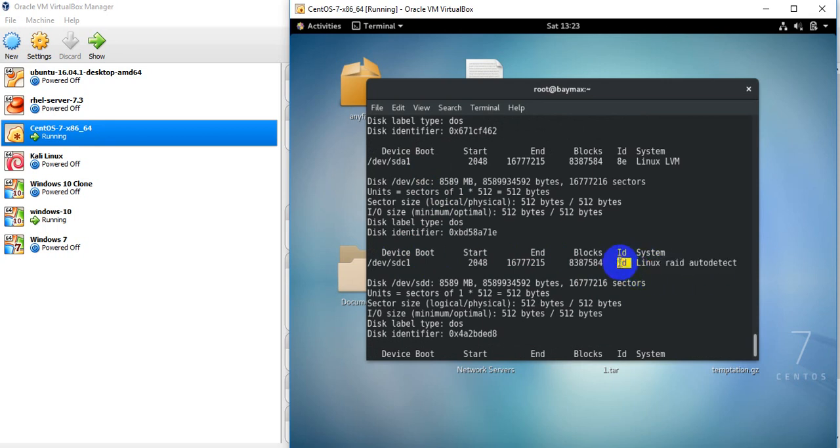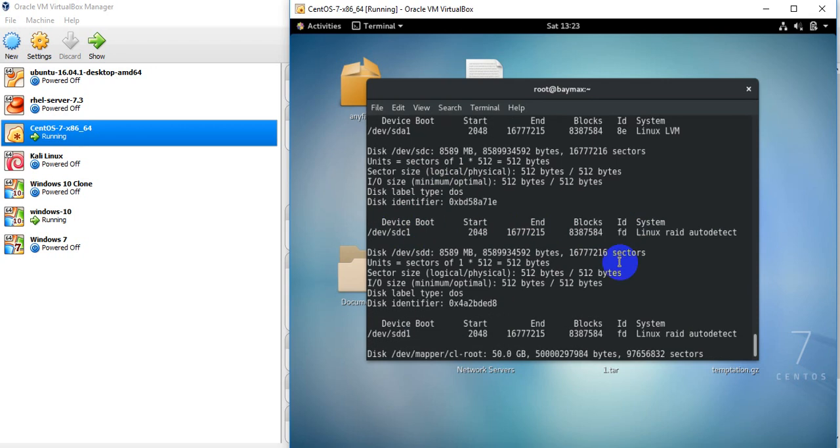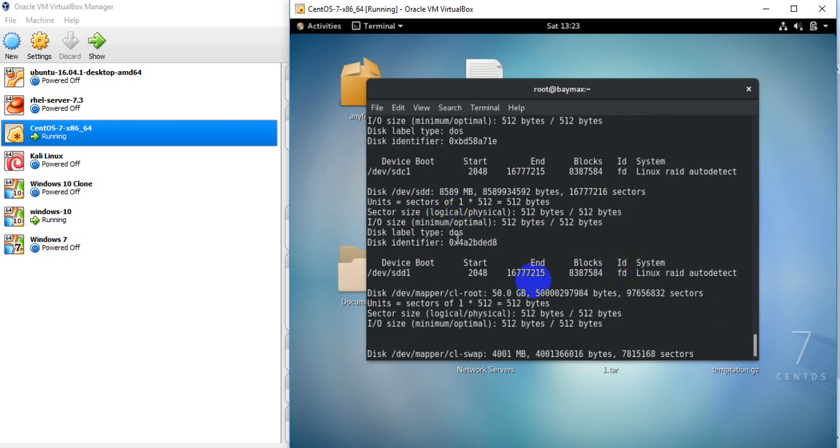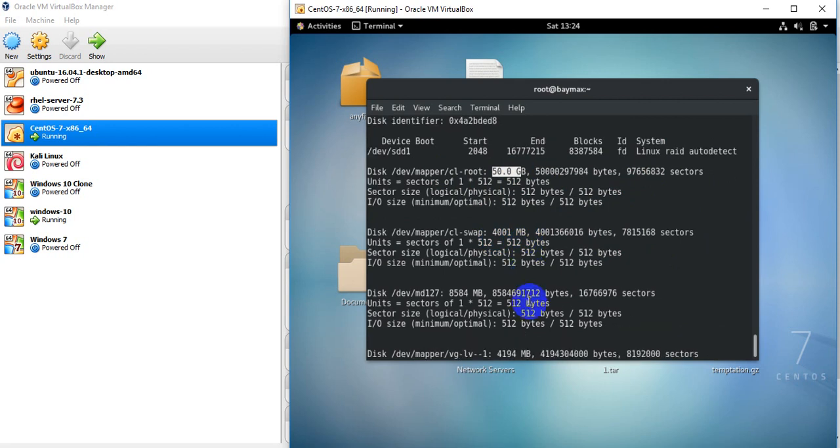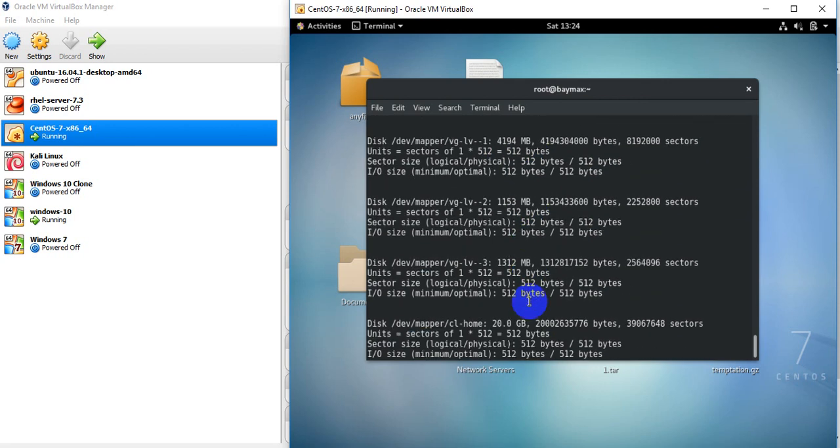So its hex value is fd, meaning this is a RAID partition. In the same way sdd also has an sdd1 partition, which is also a RAID partition. And these are the logical volume partition details. This one is 50 GB; you can see all the logical volume details